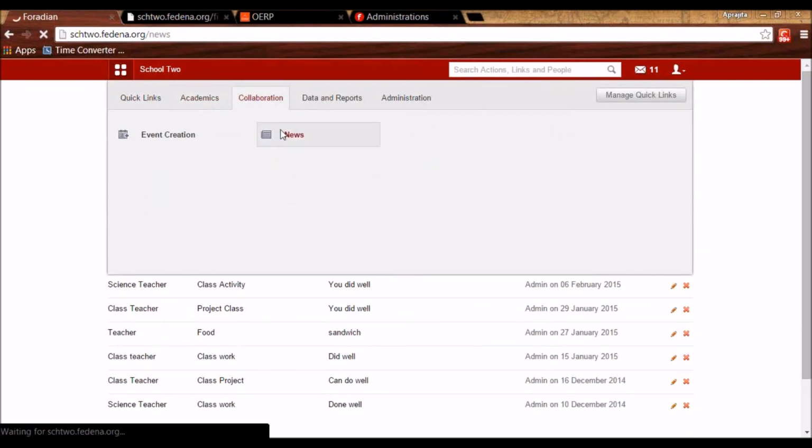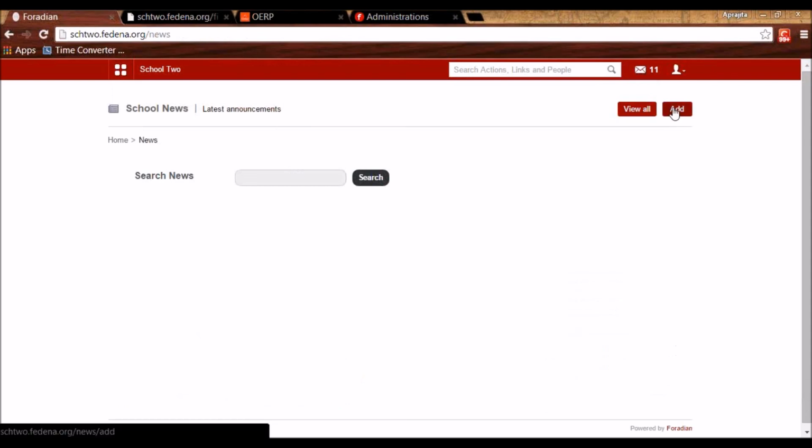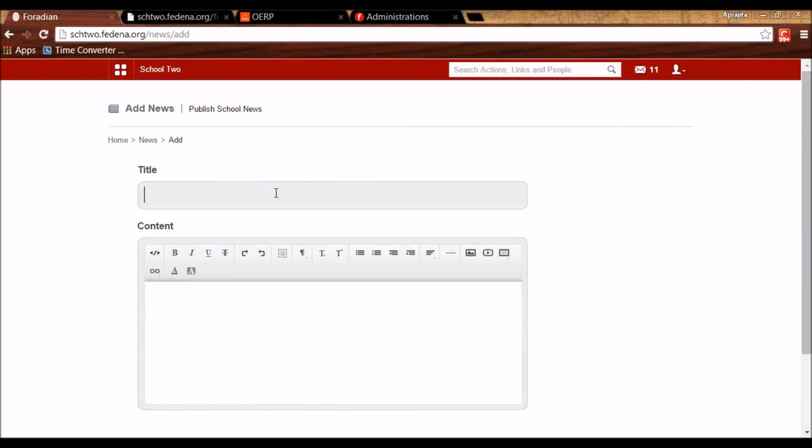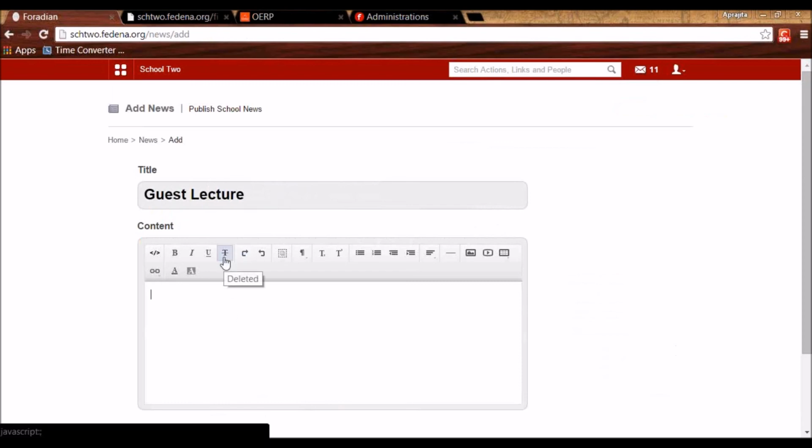Then we have the news module. So we can create any kind of news here. So this is for all the students together or for all the FEDINA users. Not only for students, it's for employees, for all the users of FEDINA.